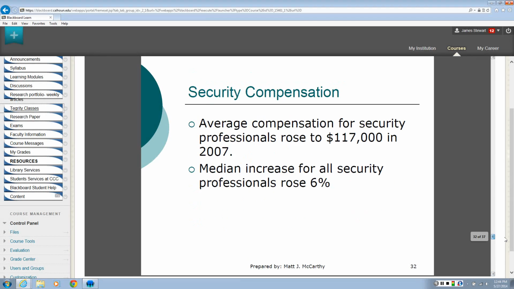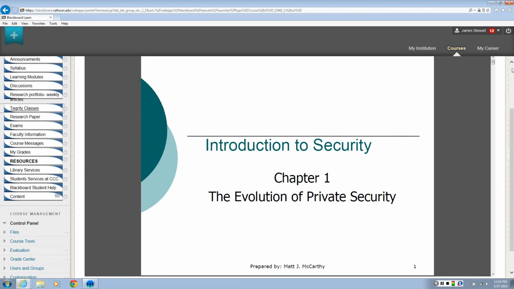In a nutshell, that's chapter 1. And I know I went over that very quickly, but this week I'm giving you an introduction. So please read chapter 1. Please get some graded work done, if not all of the unit 1, week 1 work done during this week. And I'll see you in lecture next week, and we'll get deeper into the meat and potatoes of this course at that time.